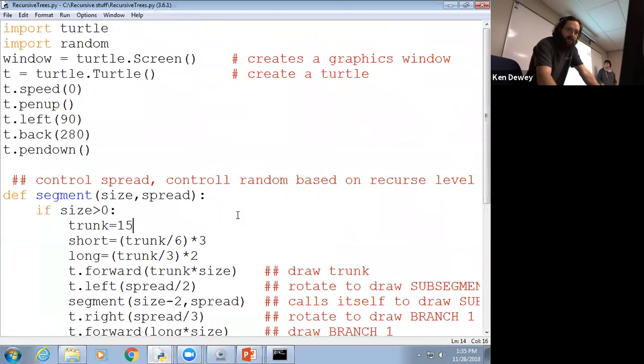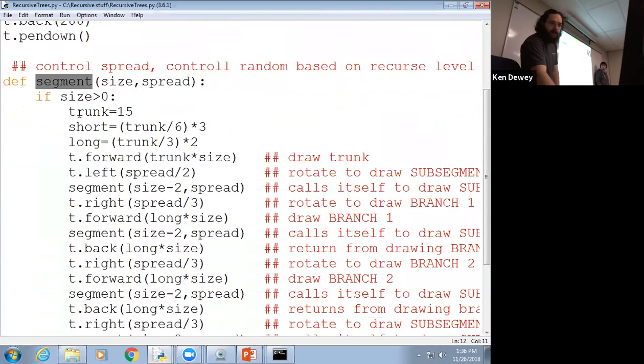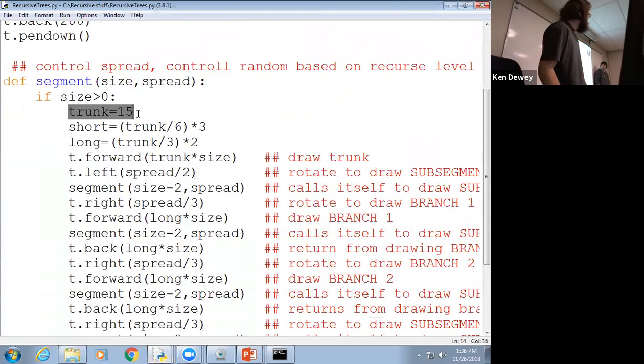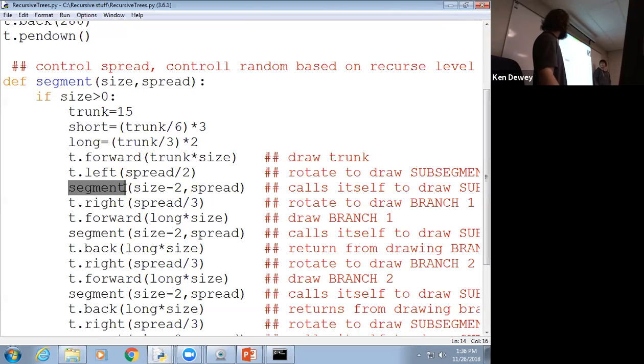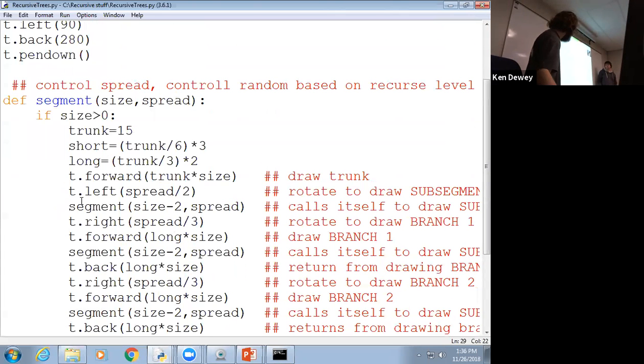Precisely. So let's see. Up here, we're defining something called segment because I didn't want to get too fancy and call it branch or anything. For this specific part, it's calling itself to create segments of itself, because like I said, a tree is just made up of several different segments, whatever you want to call those segments. I cheated a little bit, and I actually made the trunk completely independent, so we'll ignore that for just a little bit, but we'll come down here, and we'll notice that it calls itself several times per this piece of code, but every time per this piece of code,